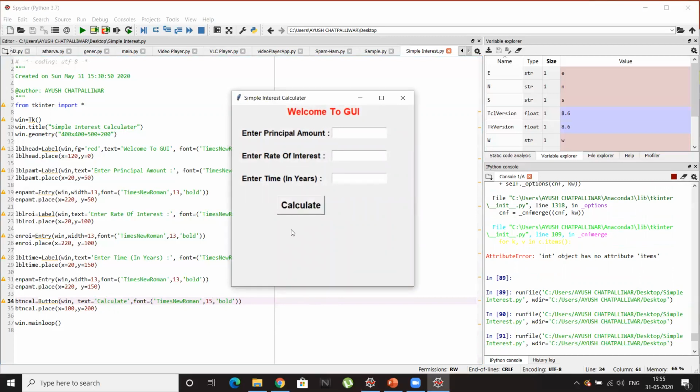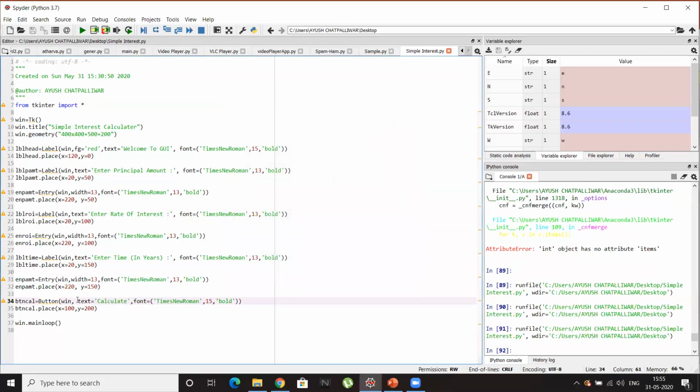It's as I wanted, but the window color and the button color are exactly the same, so it's not easy to differentiate between the button and the window. So I want to change the background color of the button. We can add another attribute, bg equals, and give whatever color we want. Let's try salmon color, and another comma needs to be given.